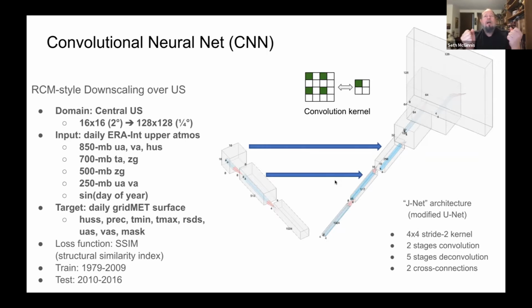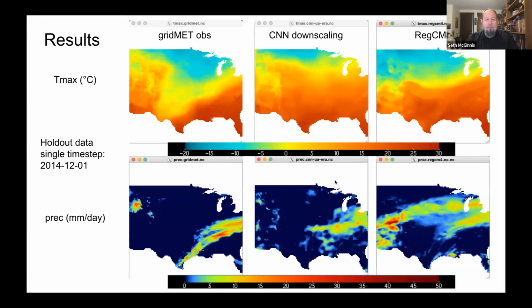And there are a lot of architectures that might give you much better results, like if you're using a GAN or something like that. But we were not trying to get the best possible result. We're trying to get something where we can understand what it's doing and judge whether what it's doing makes sense. So we intentionally picked a very simple architecture. And our initial results are pretty promising.